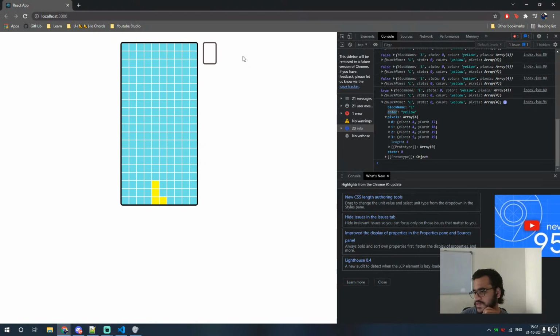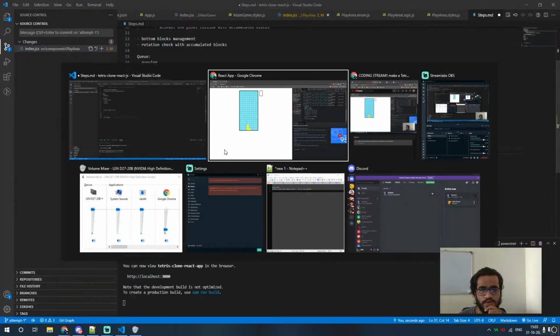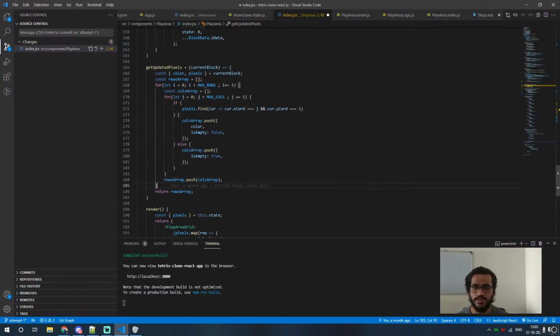Then comes a block. What all is... I think we should... The updating logic should be like, it would take existing pixel from the state and apply